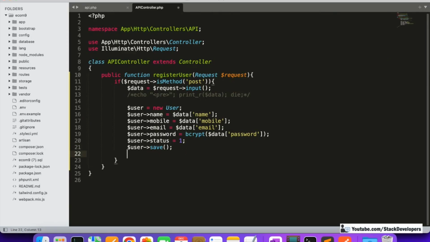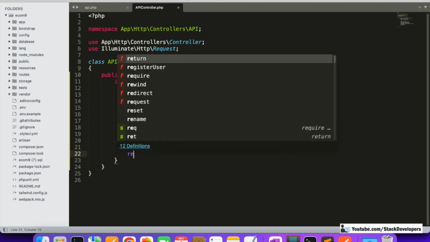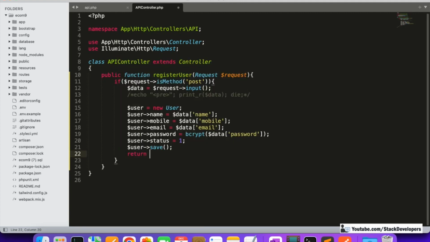After saving, we are going to return the JSON response in an array in JSON as well, with the 201 response code. There are such response codes that we need to send in the response. It is the best practice to use these response codes. For complete information, please follow my Laravel API series, in which I have a separate video for the response code. So here, return